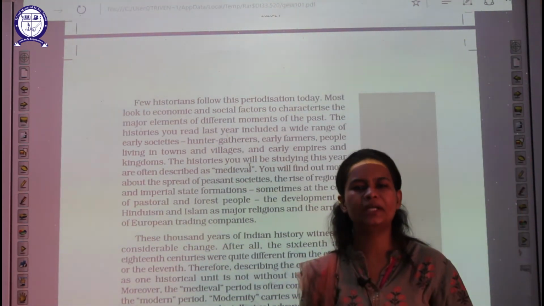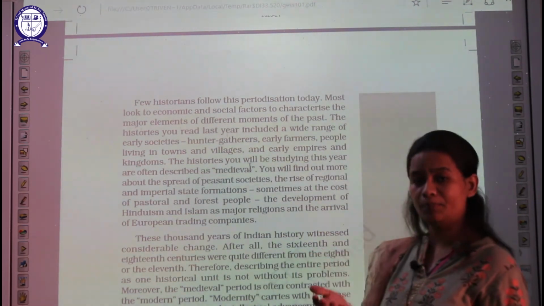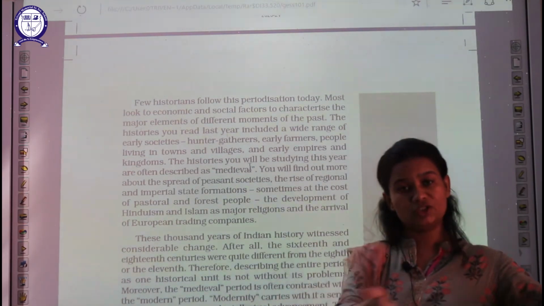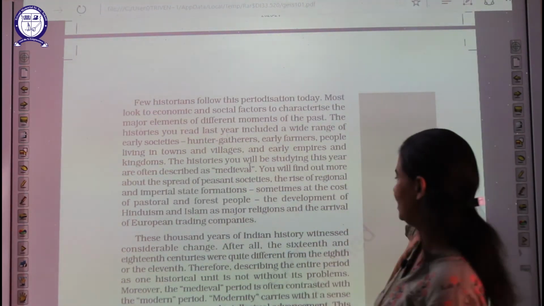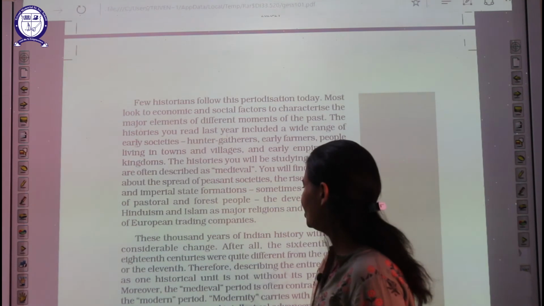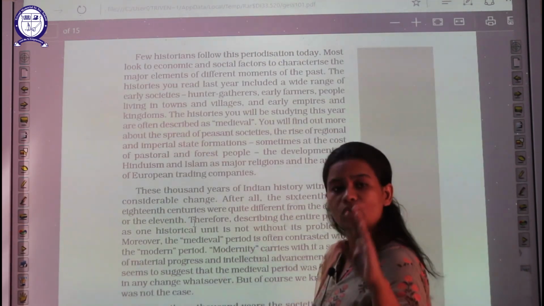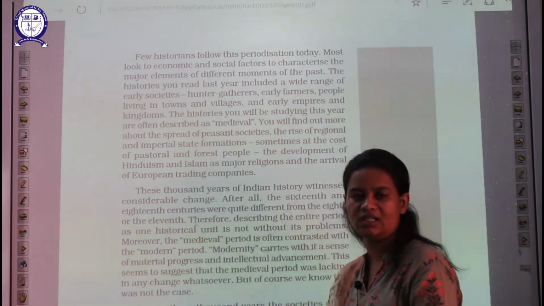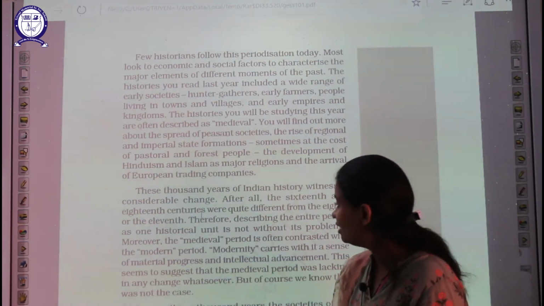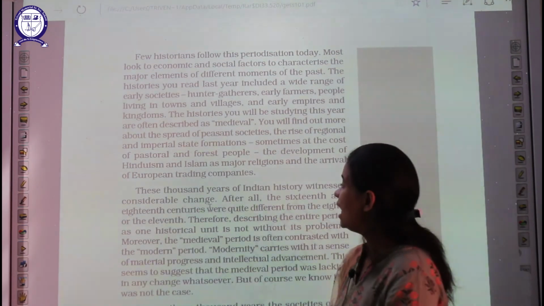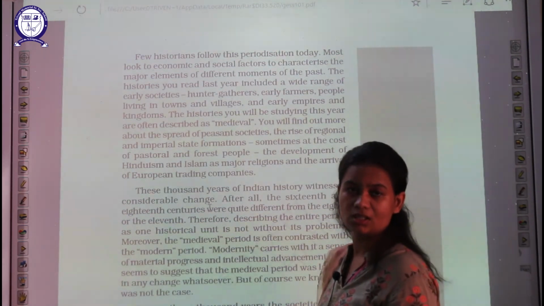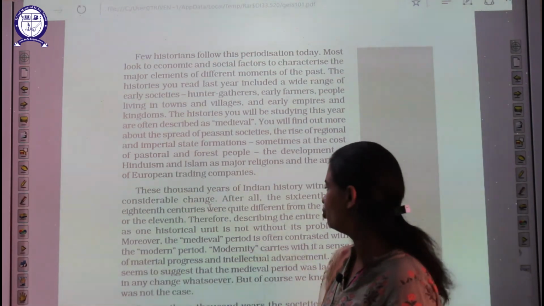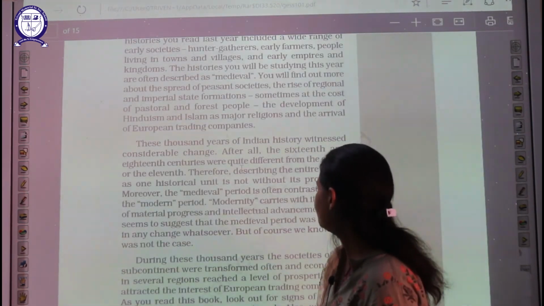Medieval, in the mid time period, and modern, what had happened in history, but not that many years ago, in recent history. So those things were mentioned in that. So in this way, periodic characterization is there, that is in ancient history, medieval history and modern history. And European trading companies followed this time period only for their trading, that is ancient, modern and medieval history.